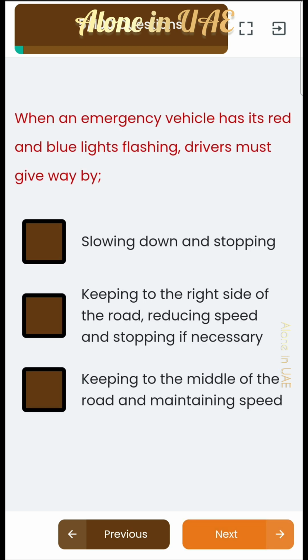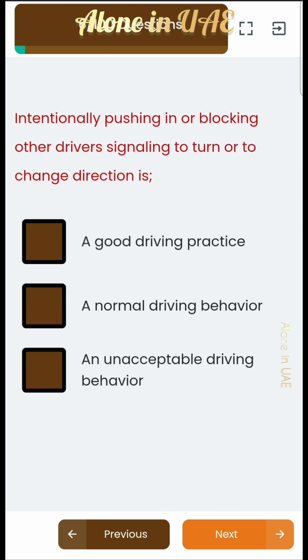When an emergency vehicle has its red and blue lights flashing, drivers must give way by keeping to the right side of the road, reducing speed and stopping if necessary. Intentionally pushing in or blocking other drivers, signalling to turn or change direction is